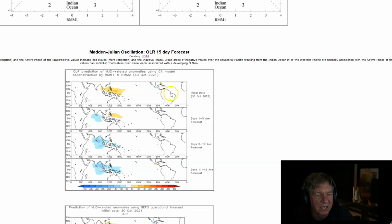All right, it's a forecast. Here's South America, Central America, Hawaii, New Guinea there, the equator right there. Okay, yellows represent lack of cloud cover. Positive anomalies, a lot more sunlight than normal reflecting off the ocean surface. That's high pressure, that's the inactive phase of the MJO. So it looks like, at least per the statistical model, the CA model, weak inactive phase holding for today, 5